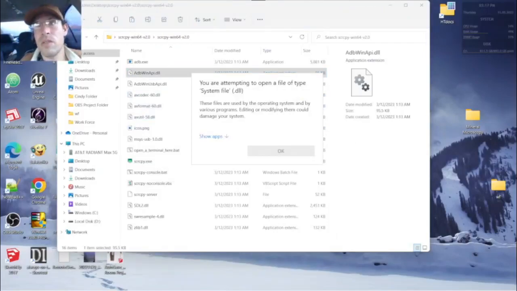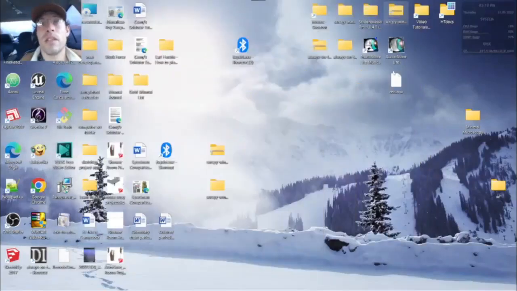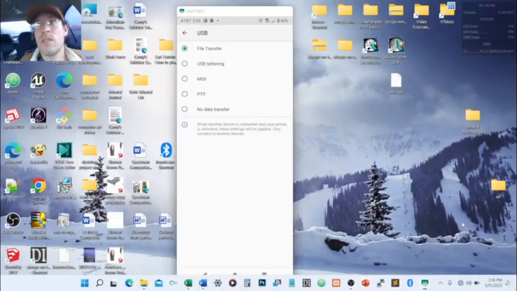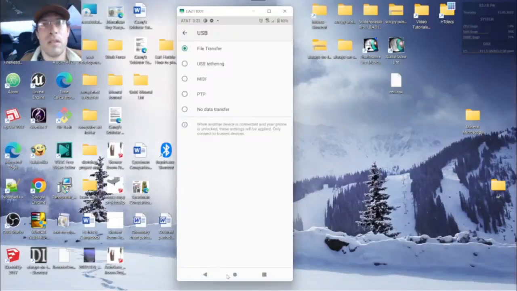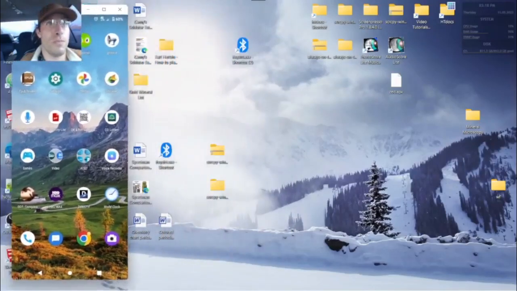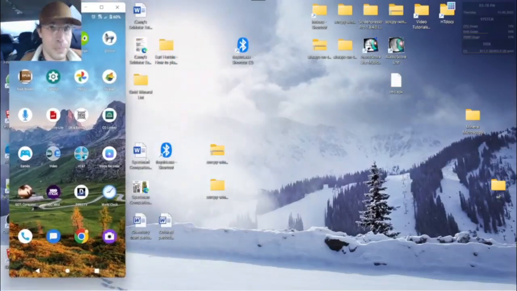And once you look down at your phone, it'll say allow USB debugging. And you'll click accept. And once you do that, your phone is going to open up like this, and you're just going to be able to